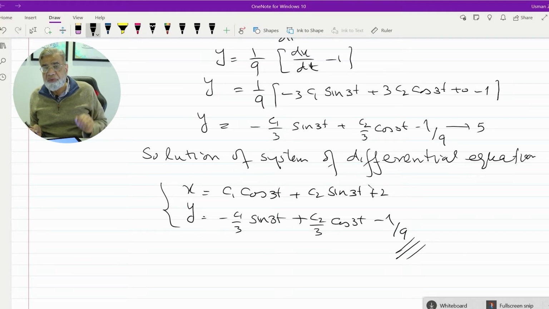This was in non-homogeneous form. So we have to find the homogeneous part of the solution and also the particular